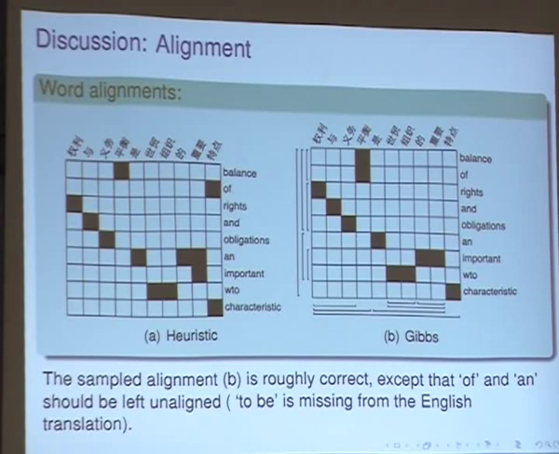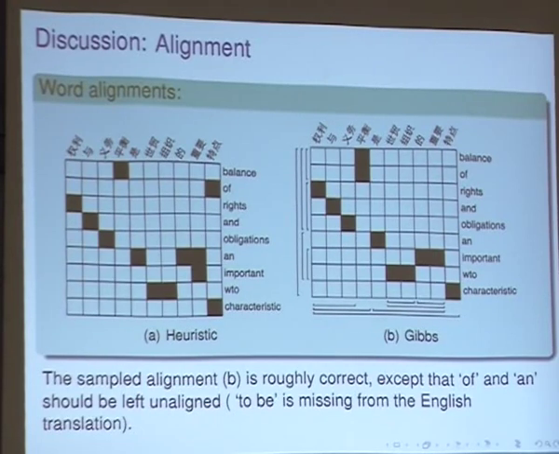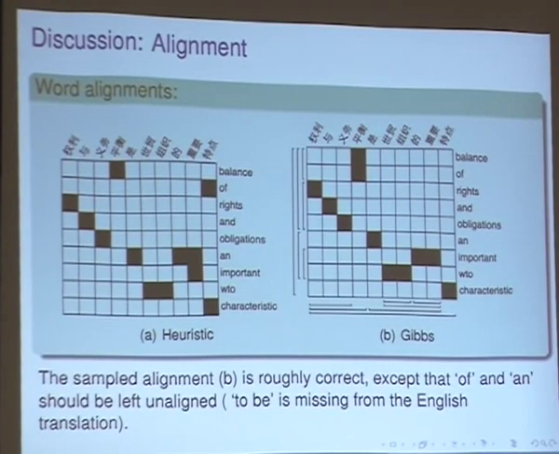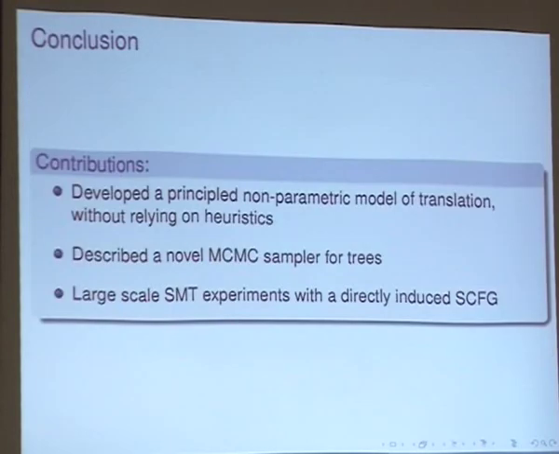This is the alignment produced by the Bayesian system, and here because of course we're producing a tree, I've shown the bracketing on the bottom and sides here. And this is a much nicer alignment, and it's essentially correct. And you can see that we are learning these little phrasal alignment units, which is quite good, and there's some quite interesting reordering going on there. So in some ways you can think of what's happening here is that we're cleaning up these alignments. So these are quite noisy, and we're getting something much cleaner. And part of that is because we're forcing it into a tree structure and learning in a tree structure.